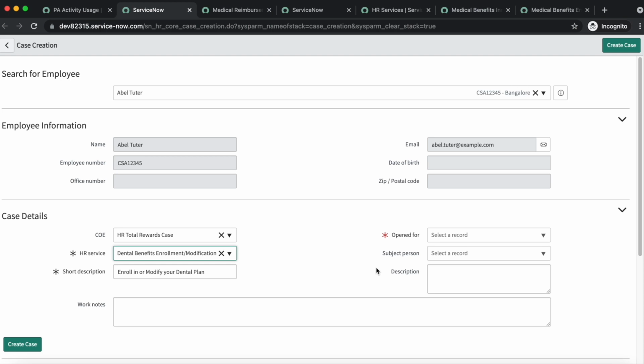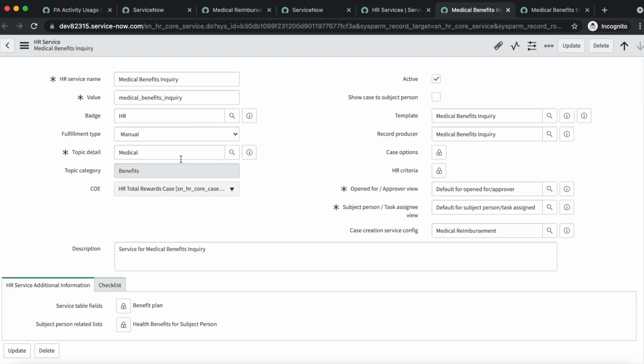So it's based on requirement, for which HR service you want all those fields to be displayed, whatever you are adding over here. So the only difference I can see is, when you are going to the case creation configuration module, you will have to include the HR service over there. But if you are configuring from the HR service only, it's getting attached over here already, and you just have to update your HR service.